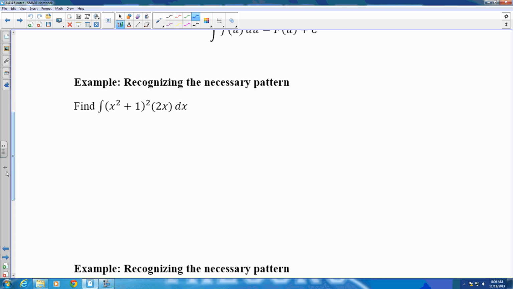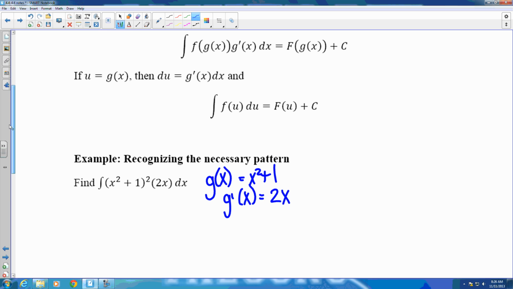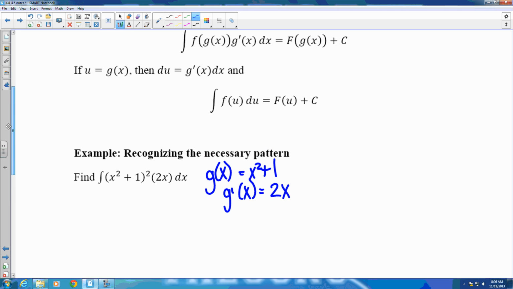So we need to recognize this pattern. We need to figure out what our inside function is, g of x. G of x in this would be x squared plus 1, and g prime is 2x. So when we look back up at the rule, when we're talking about f of g of x and g prime, we can see that we have f of g of x right here, our f being g squared, and g prime